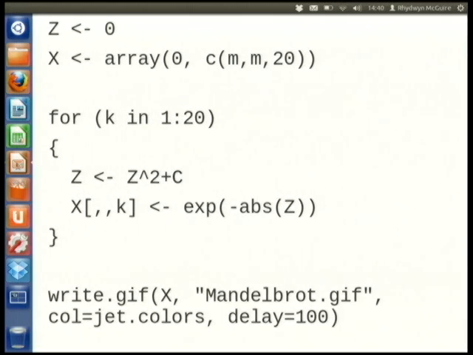We preset some variables, making a three-dimensional array filled with zeros of size 1200, 1200, and 20. We iterate to produce those 20 slides that you saw at the start, and then we write it out. Really simple, really nice way to express numerical computation.